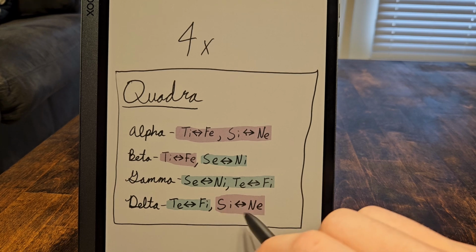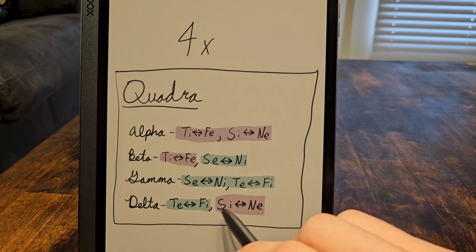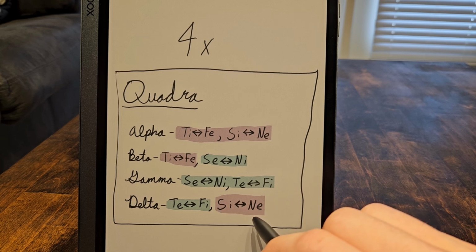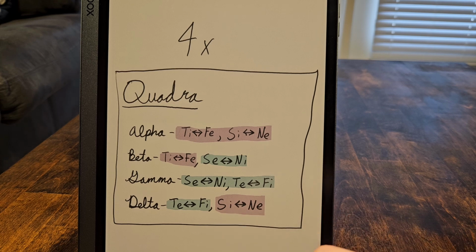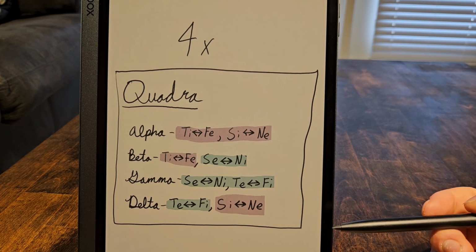And because these are an axis, you don't have to say both, because saying that someone has SI means they also have NE and vice versa, right? So those are the four quadras. So just to review,